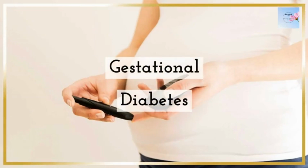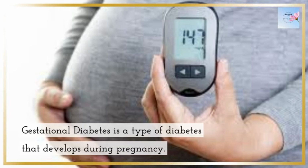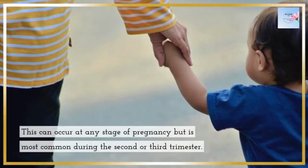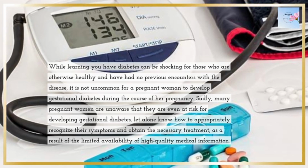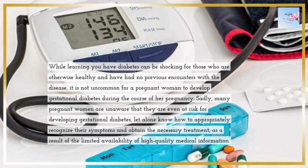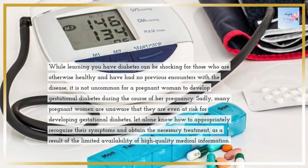Gestational diabetes. Gestational diabetes is a type of diabetes that develops during pregnancy. This can occur at any stage of pregnancy, but is most common during the second or third trimester. While learning you have diabetes can be shocking for those who are otherwise healthy and have had no previous encounters with a disease, it is not uncommon for a pregnant woman to develop gestational diabetes during the course of her